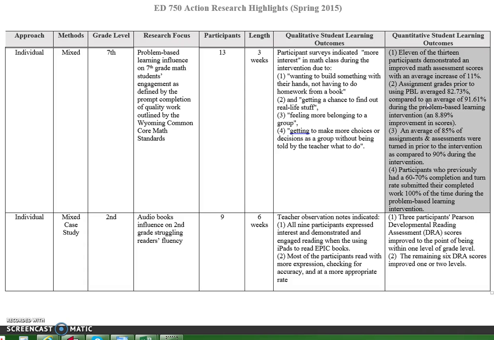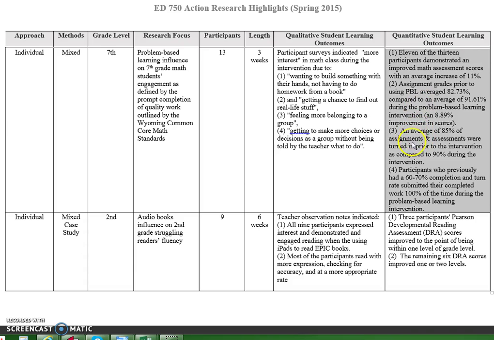Your studies are very short, and so typically when you conduct a scientific study where you're trying to demonstrate causality, so that means that the intervention that you used caused something, when you're trying to demonstrate that, you need to do a much longer study, and you don't do an action research study to so-called prove or demonstrate that. So when you describe these things, you can still describe students' scores increasing, or as an example down here,